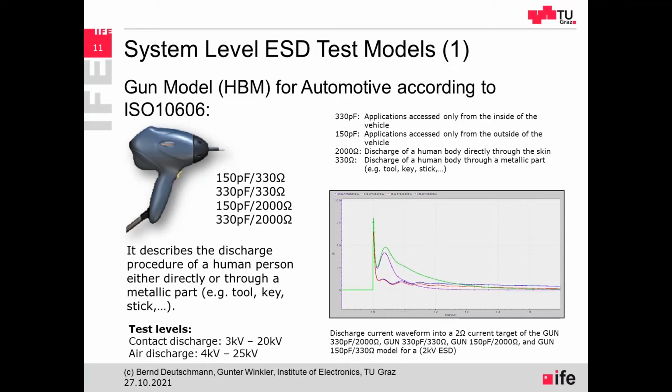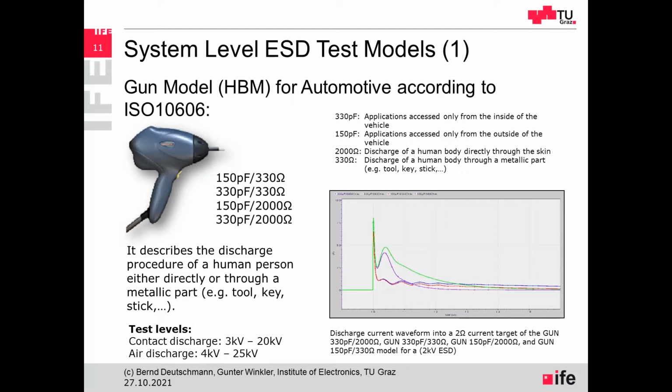Here very often we have the IC used in an electronic system, so there are also quite a lot of external components, decoupling capacitors, for example, and the IC is really fully powered up and fully operative. And in this case, we also have to test regarding the robustness of the whole electronic system against electrostatic discharges. And in this case, we are also using an HBM model.